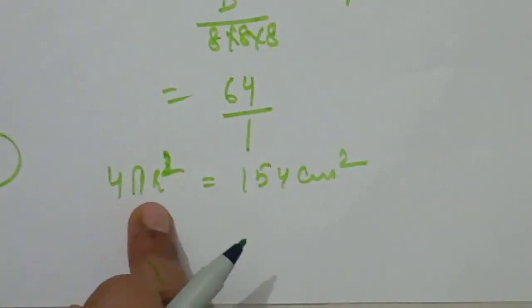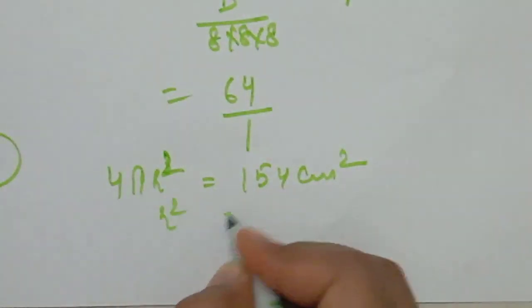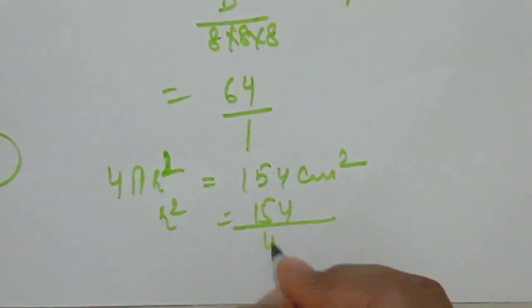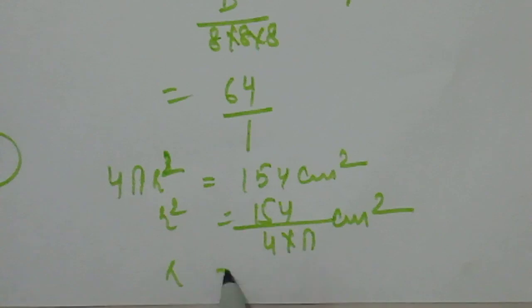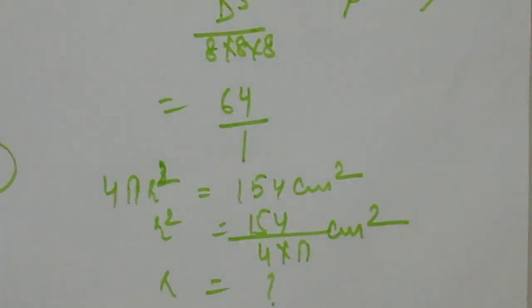So first of all you have to find the radius from here. Then it is 154/4 pi centimeter square. You have to solve and find the radius first, and then you have to apply the formula of volume, 4/3 pi r cube. So when you remove this square, a square root will be present here. So solve it properly. And student, now some doubt questions of exercise 13.7.